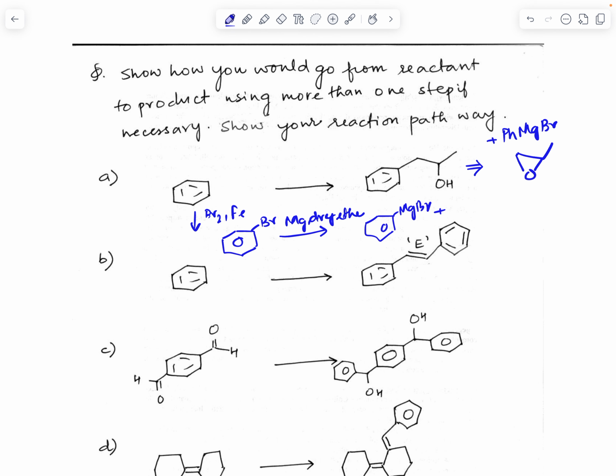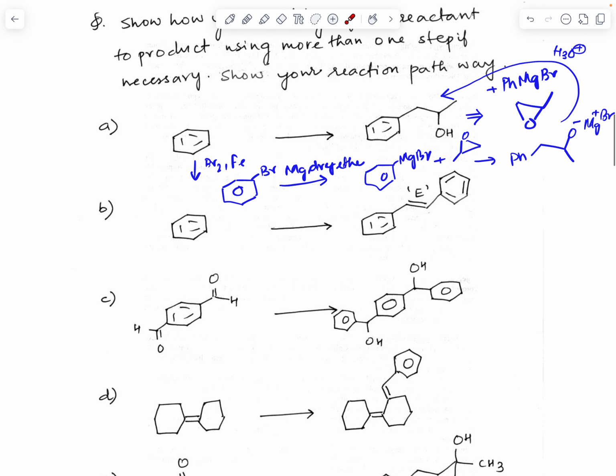Then I'm just going to react it with this epoxide. Okay, and that will give me, I'm just going to write this as Ph, and that O- has got an MgBr. And then to get the product, it's just going to be H3O+ at this step, and I get the product. All right. Okay. The next one,